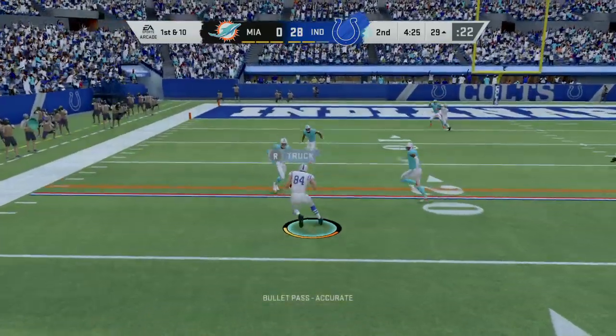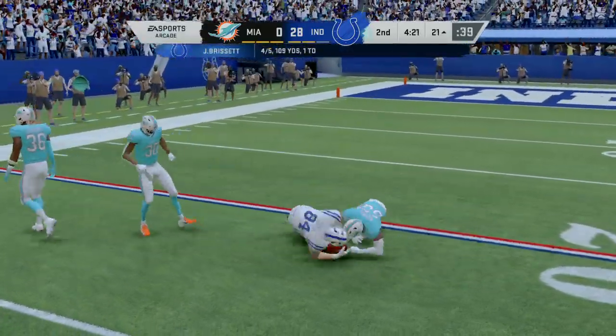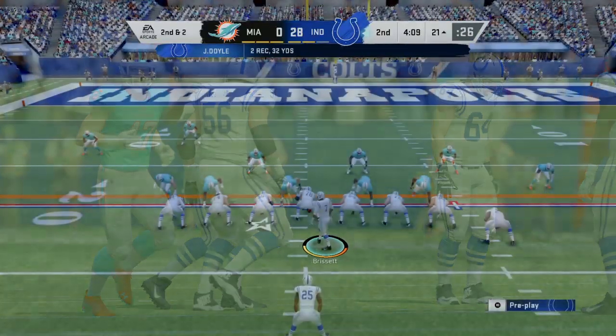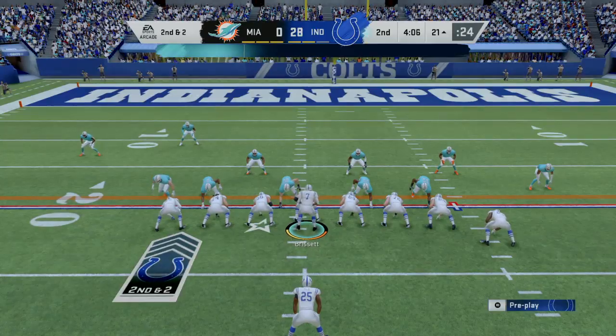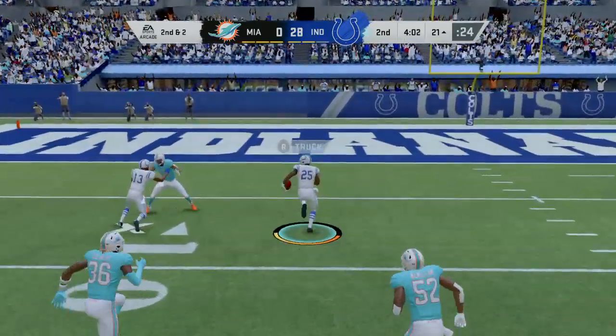Brissett sets to throw it. He's got Jack Doyle. And they'll get him down after a pickup of 8, 2nd and 2. Brandon, perfect defense in this situation would have meant that there was an incompletion. They would have picked it off. Okay, so they gave up the completion. But I really enjoyed what...